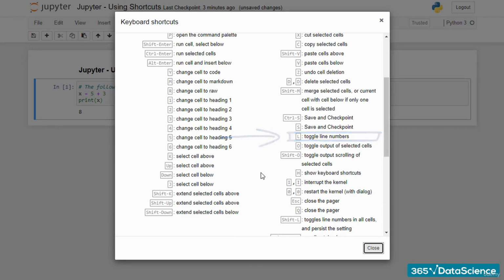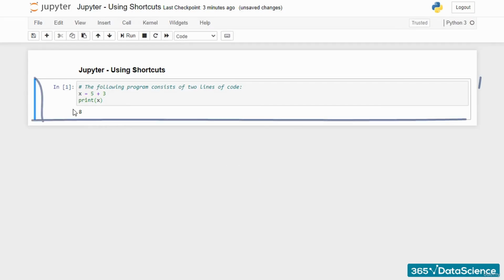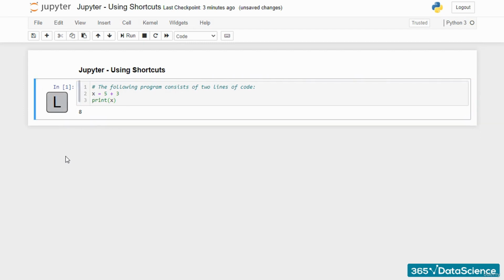Close the Keyboard Shortcuts window, and then select the cell again. Press the L key now. What happened is that line numbers appeared to the left of every row. Once more, the number of each row of code here seems to be obvious. But when your code is getting longer, using the line numbers will be of great help to fixing your code